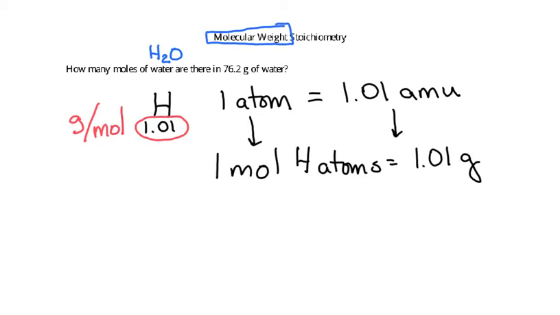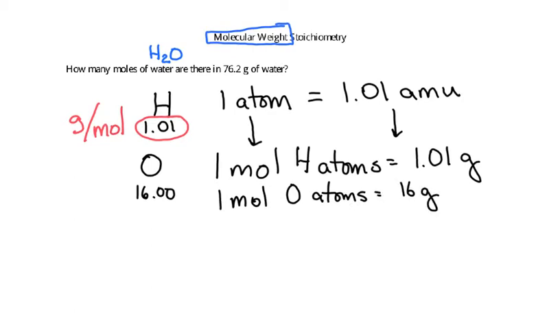If we look on the periodic table, we have oxygen, and underneath it has an atomic weight of 16. If we were talking about one oxygen atom, that would be 16 AMU. If we're talking about 1 mole of oxygen atoms, that weighs 16 grams. So the molecular weight, the molar mass, we're talking about how many grams there are in 1 mole of water. So from the last video, you know that 1 mole of water